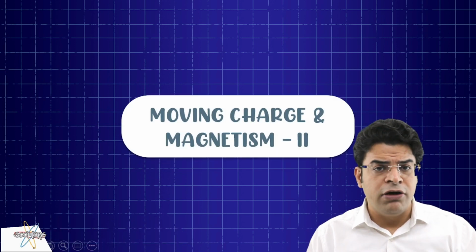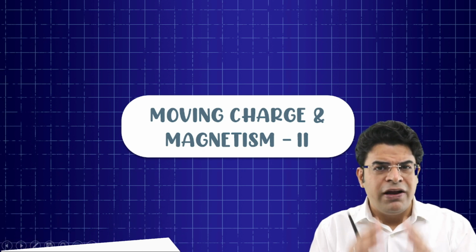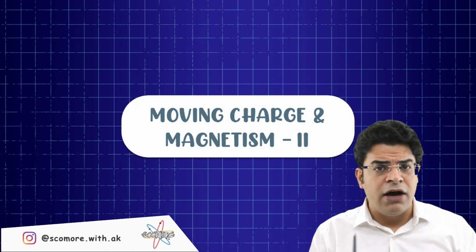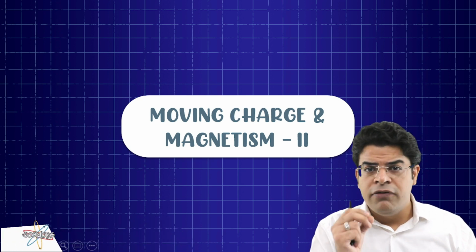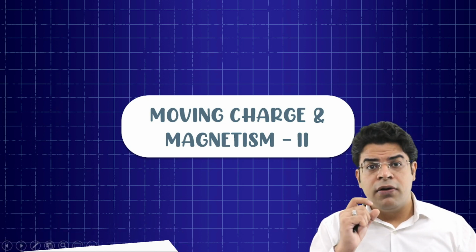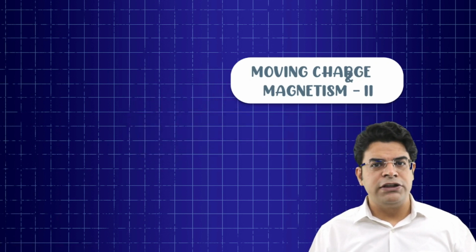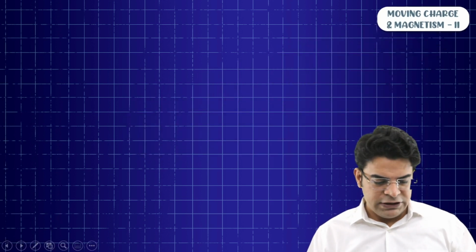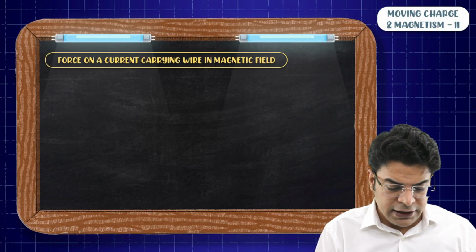In the first hour, we talked about the force acting on a charged particle when it moves in a magnetic field. In this hour, first we will talk about the force acting on a current carrying element when it is placed in a magnetic field. Then we will talk about the magnetic field created by a current carrying element. So without wasting time, let's start with the first thing, which is the force acting on a current carrying wire